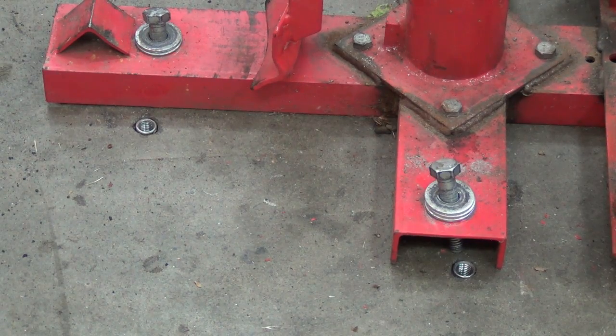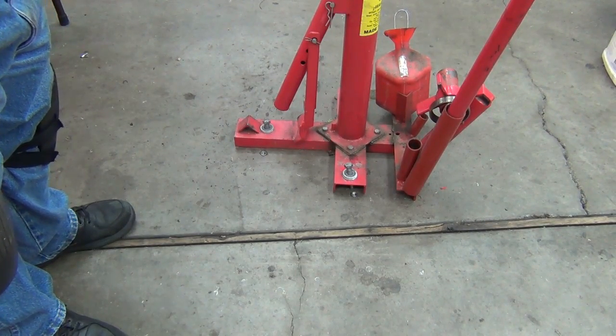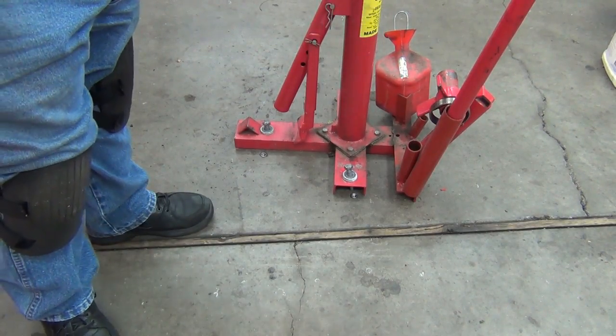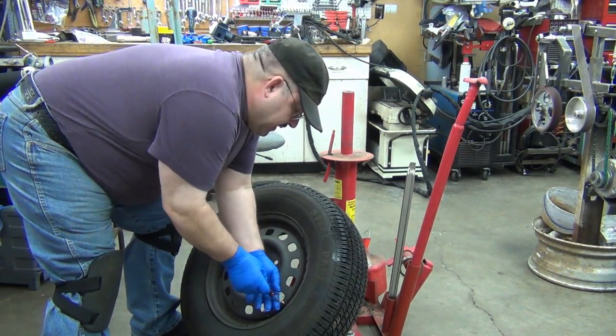So, this whole job, it's taken all day because I've been delayed and stuff like that. But the reality is I could have done all these tires in under 45 minutes. But that doesn't include any balancing. Okay, so we'll see how far I get here. I got a buddy coming over, and progress will stop. But okay, so this